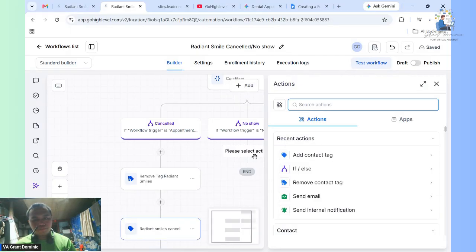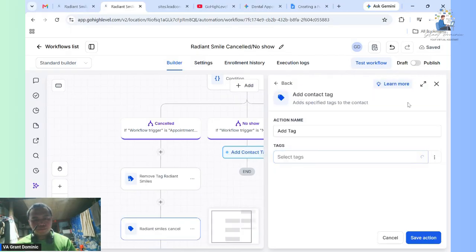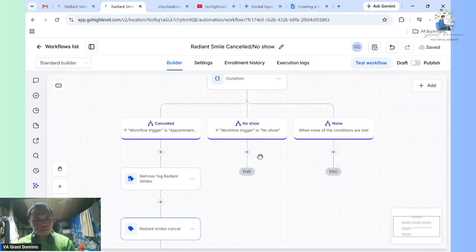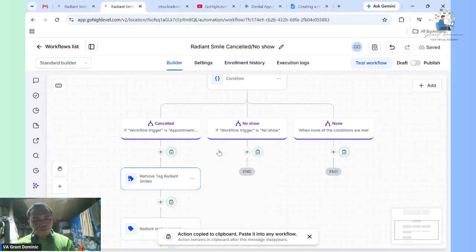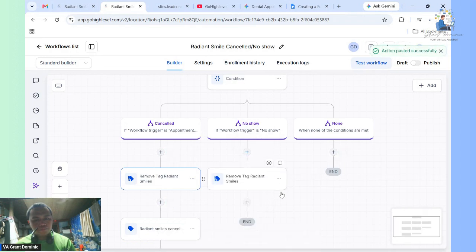So if it's no show, we will copy the action and paste it here.